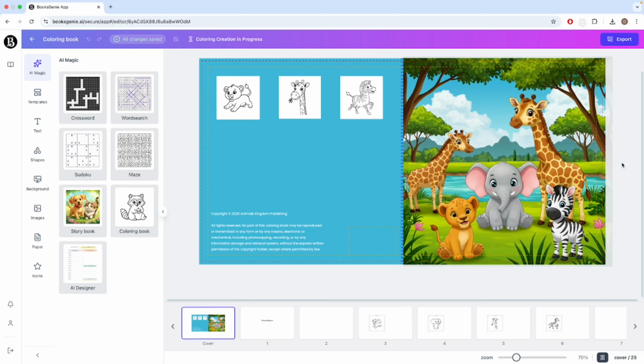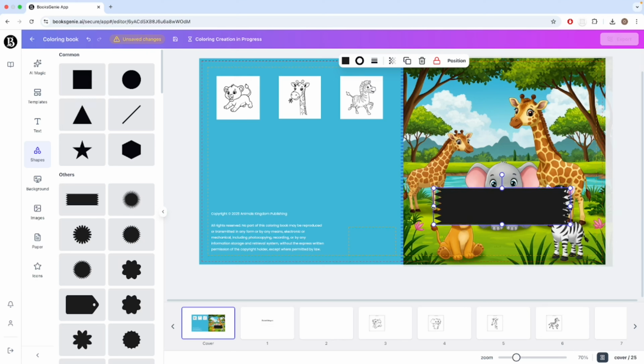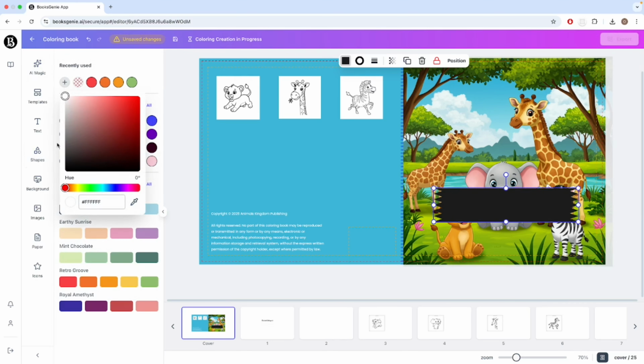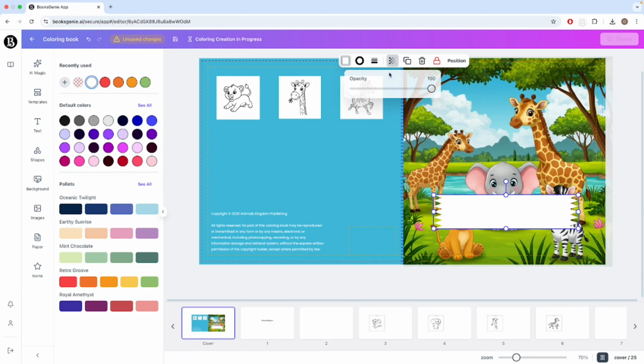Obviously this is a quick demo just to show you how you can actually create it. But for you to create really books that sell, you need to spend some time thinking about the cover, the design, and so on, right? So for example, here we don't have any title on our book, but you can easily add that. So if you go to the shapes here, maybe I'm going to try to use this one here. I'm just going to make this a little bit bigger, right? And what I can do now is change the color. I will probably choose white, which is already selected. Right, great. Maybe I will change the opacity here,